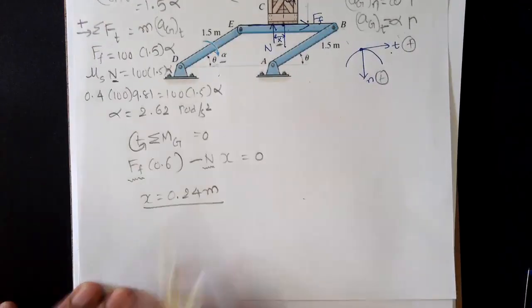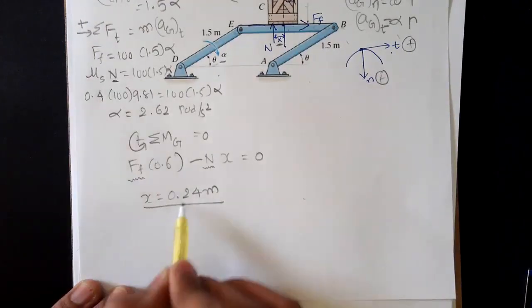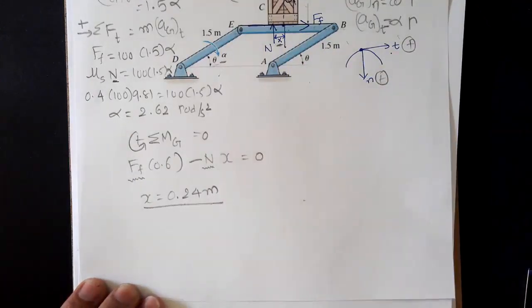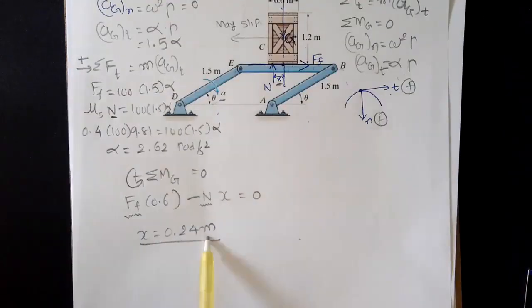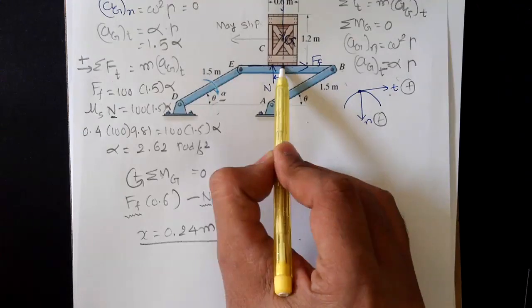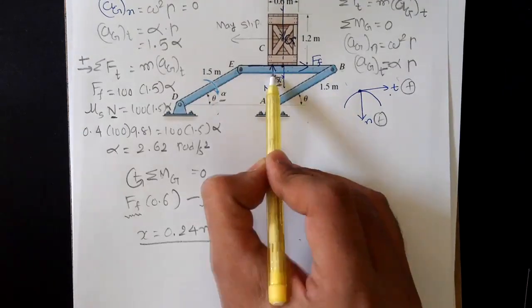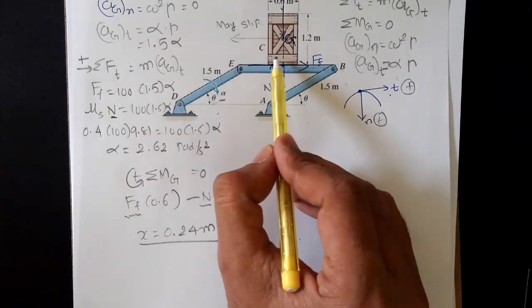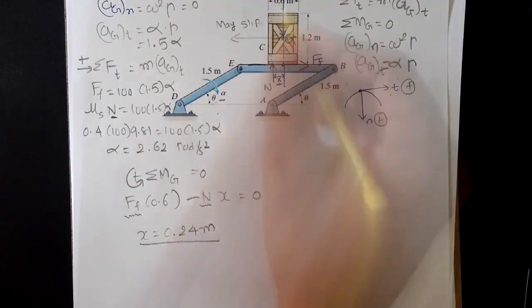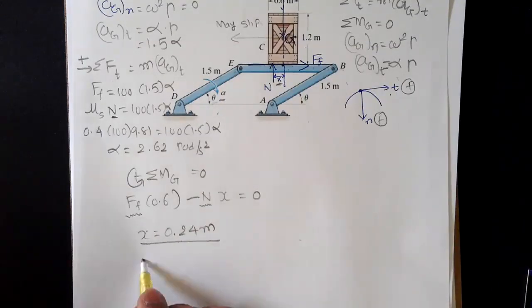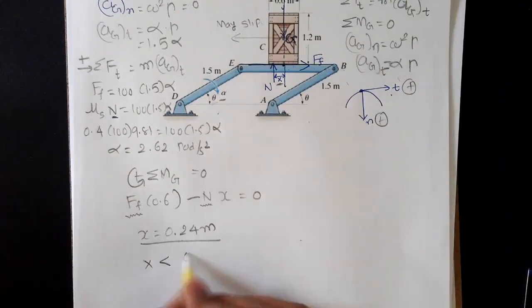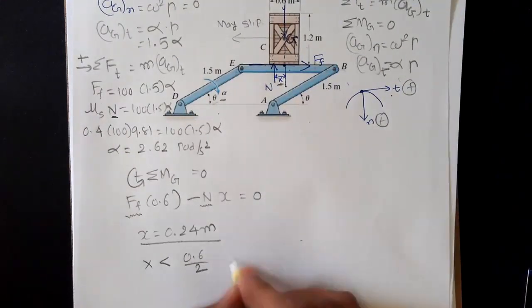Now, as long as the value of x is within half of the width of the box, we can say that the normal force N is contained within the box and it will not tip, but it will slip. This is the case because half of the width of the box is 0.6 by 2, so as long as x is less than 0.6 by 2,